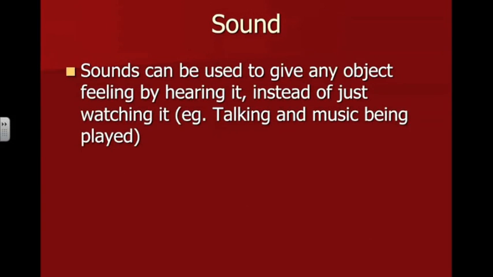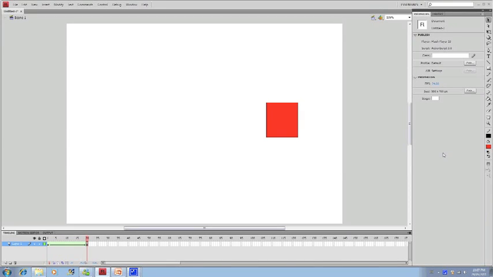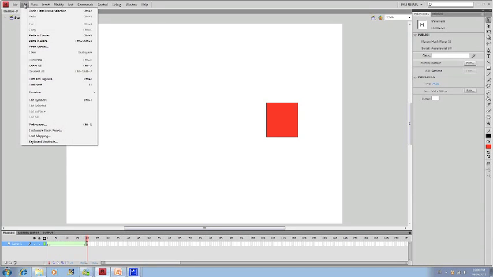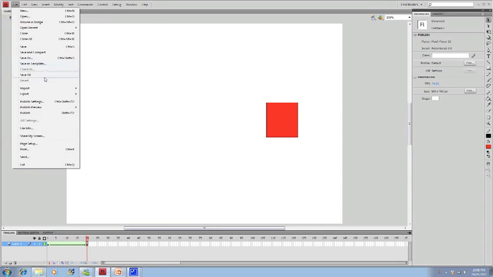Sound. Sounds can be used to give any object feeling by hearing it instead of just watching it. Examples are characters talking or music being played. Alright, so the last thing we're going to be doing here is using sounds in Flash. Now, to do this, it's pretty much just importing some outside file into your Flash project. So import to library,